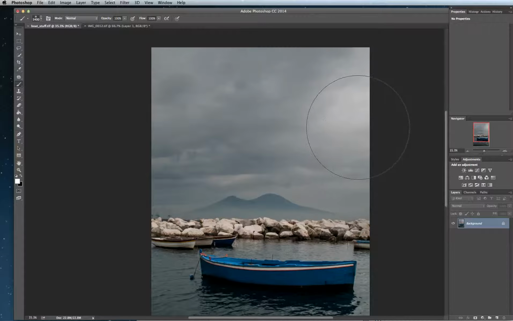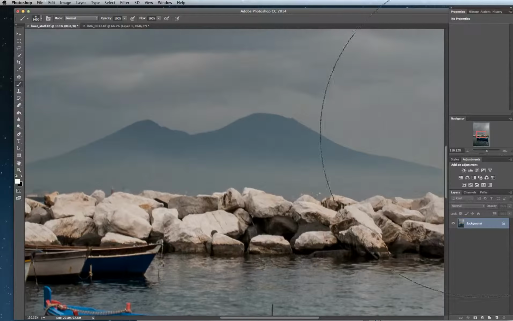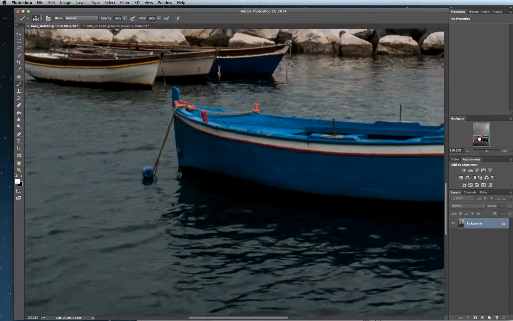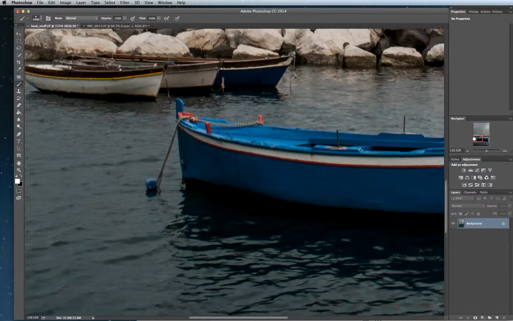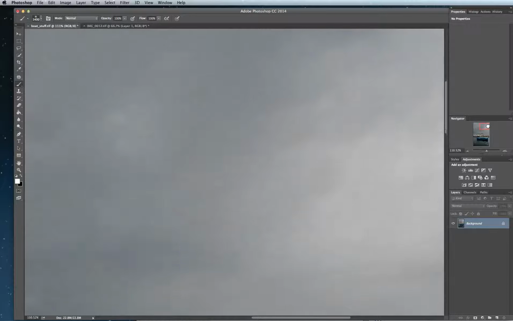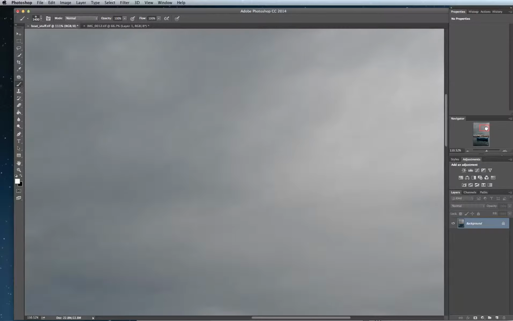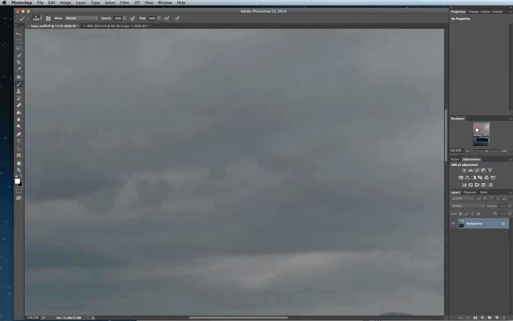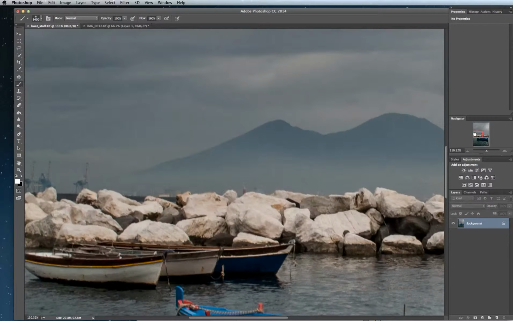Also in this window here is our navigator, which is just a fancy way of letting us move around the screen and look in very closely at certain areas. What I use the navigator for is going through the sky, especially, and just making sure that there's not any little dust spots or little imperfections as we sometimes get